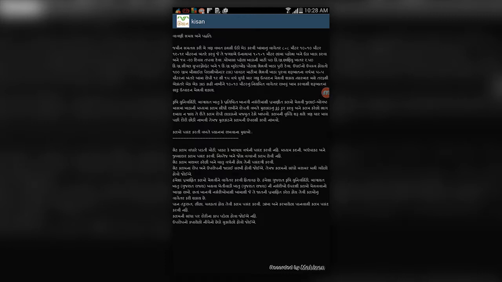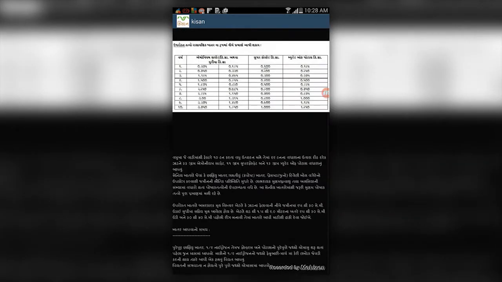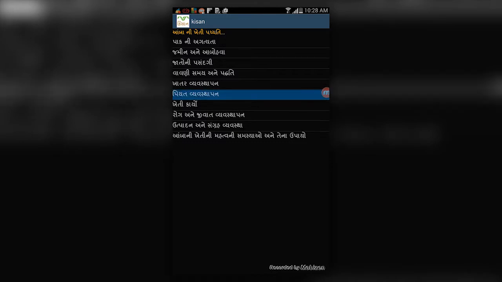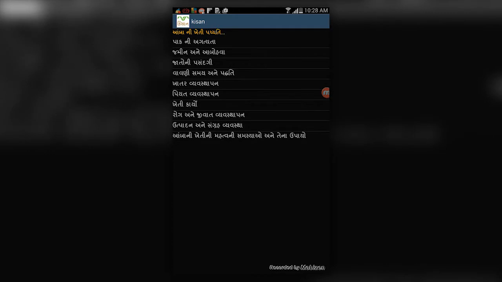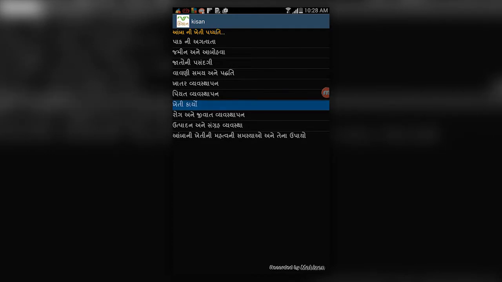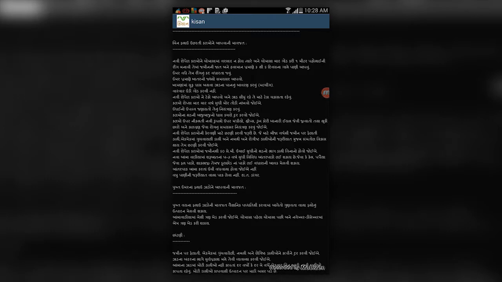Next is how to plant these mango trees. That is also a very important thing, and every piece of information is available. Similarly, what kind of fertilizer the farmer should give to the mango plantation is also depicted here. Then the irrigation schedule the farmer should follow, as recommended by the Navsari Agricultural University, is also given here.